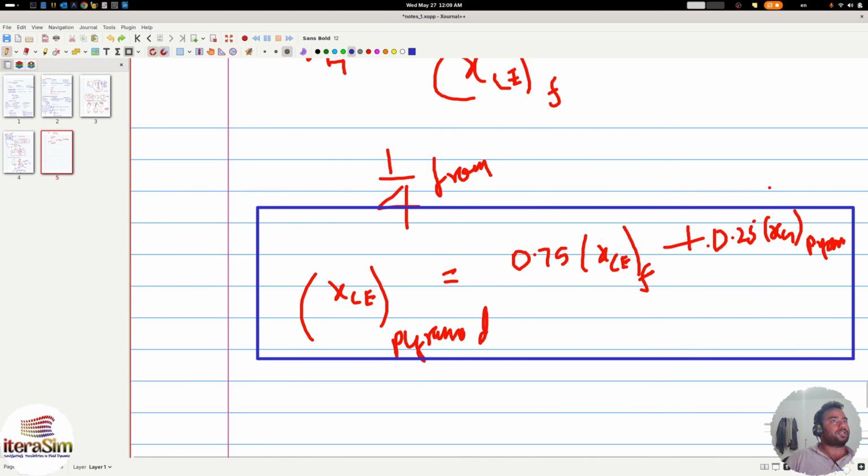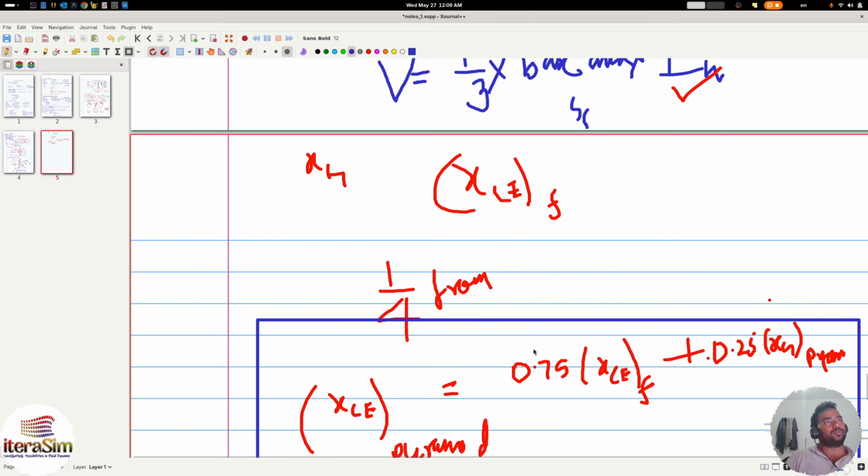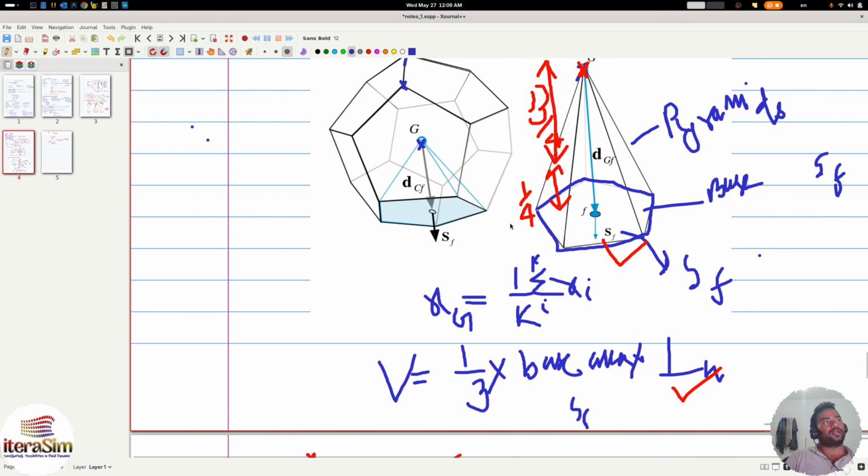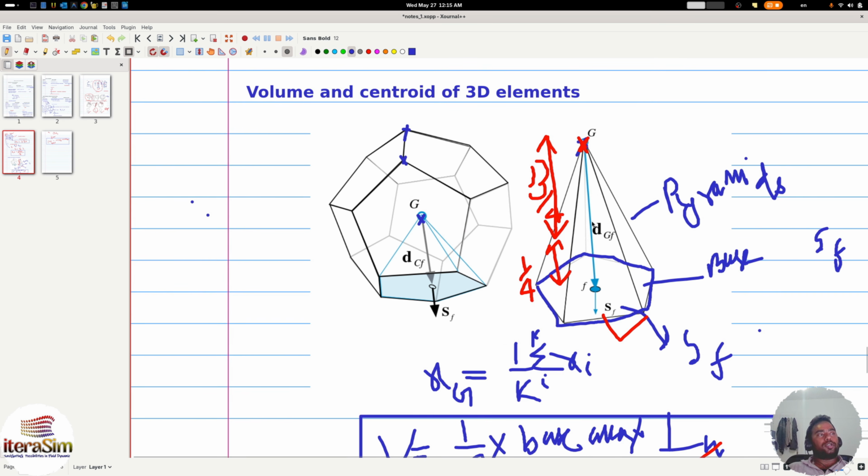That is how you can calculate the centroid of this pyramid. Okay, so we have the centroid of this pyramid. Similarly, we can calculate the centroid of each pyramid. Now if we want to calculate the total volume,